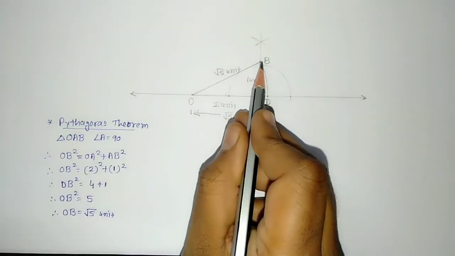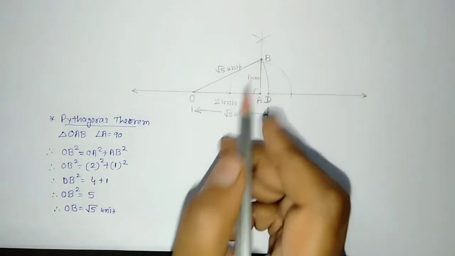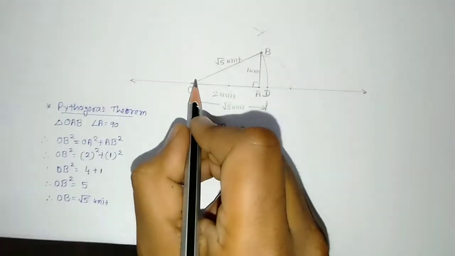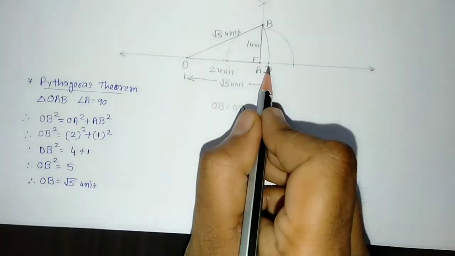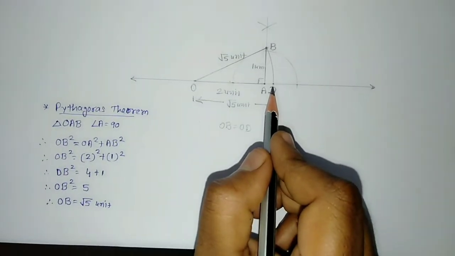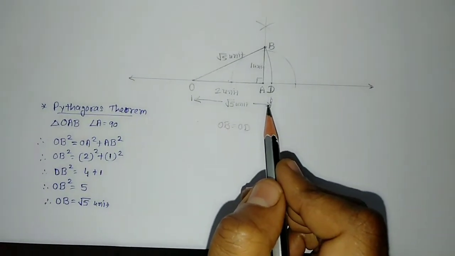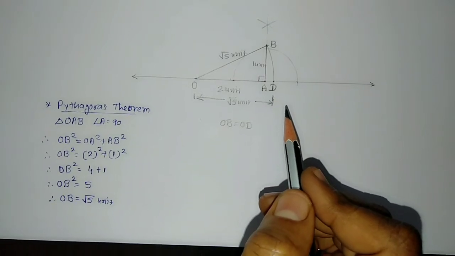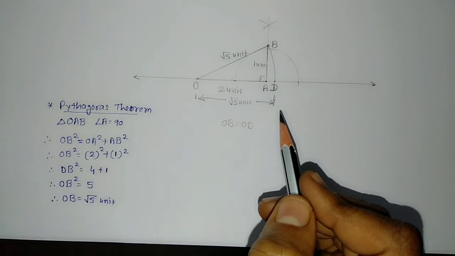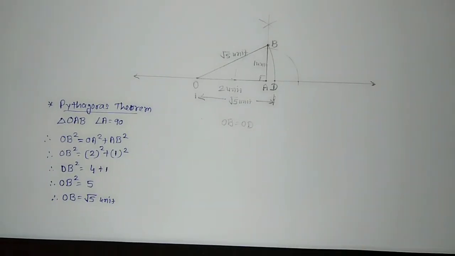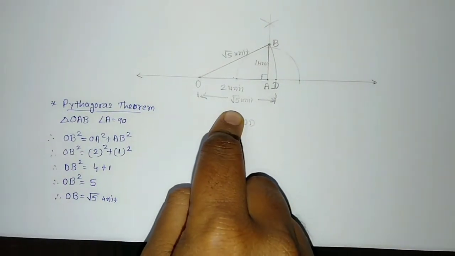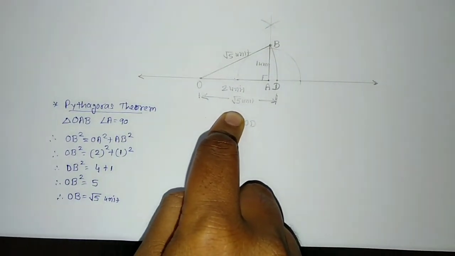In fact, we have taken OB, but the same measure, that is OB, is equal to OD, because the same measure as radius we have taken, and then we have drawn the arc which cut the number line at point D. So this is what we got, root 5. But what we want to construct is root 5 minus 2. How can you do it? Root 5 minus 2. This is what we want. OD is equal to root 5. We need to get root 5 minus 2.